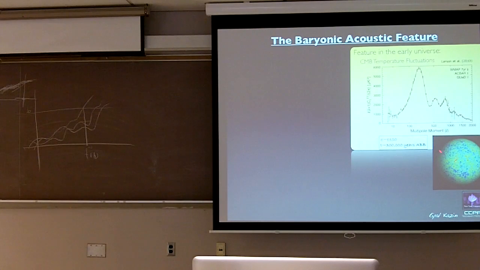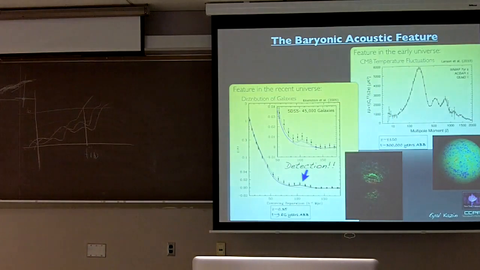This is a two-dimensional projected k-space measurement, in which you're looking at the correlation function of these hot and cold spots, and you see that the lambda CDM prediction, which is based on I think 6 parameters or something like that, shows a very nice fit to the data points. That's when I talk about precision science, this is exactly what I'm talking about. This is the early universe, the age of the universe at 300,000 years, and we can relate that to the recent universe.